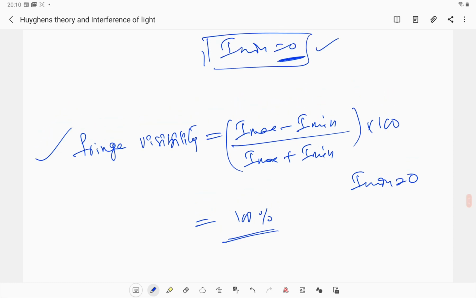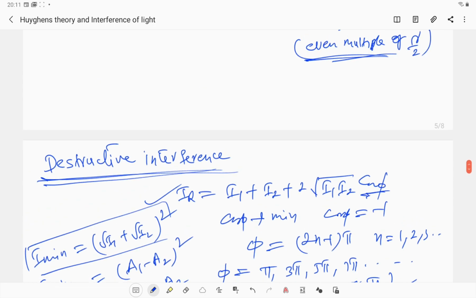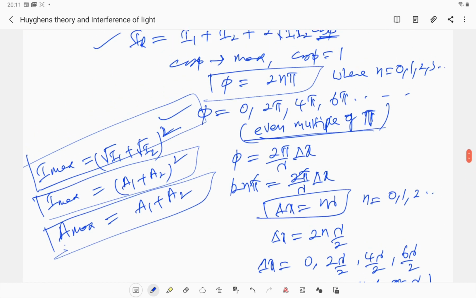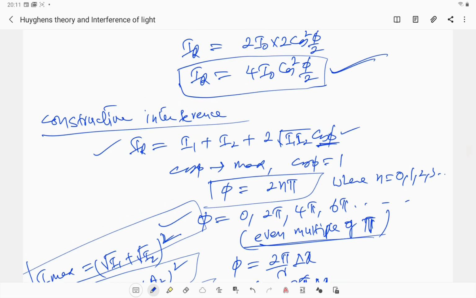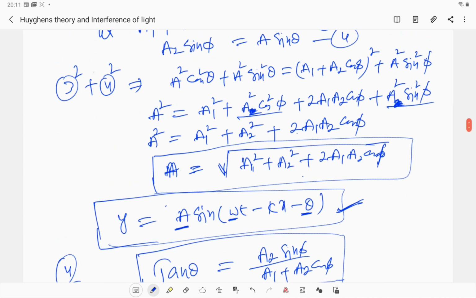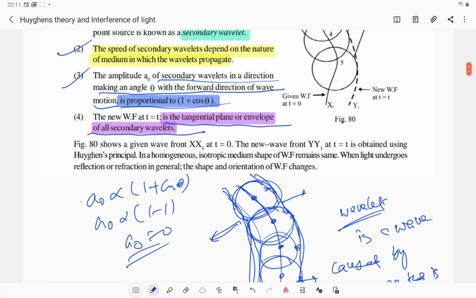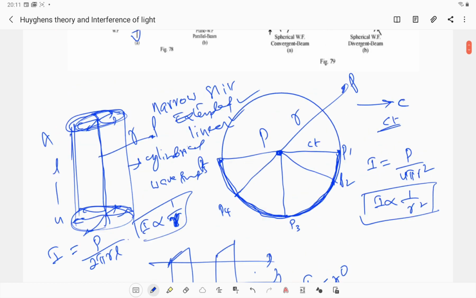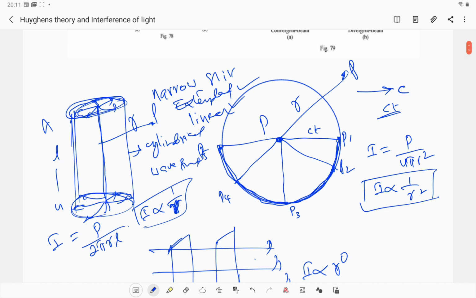See, this is about interference, constructive interference, destructive interference. For constructive interference, phase difference and path difference, maximum intensity, maximum amplitude, and for destructive interference, phase difference and path difference, minimum intensity and minimum amplitude. This is about interference. And before this one we completed Huygens theory and also wavefront. Wavefront for different sources, point source, extended source, if the object is at infinity. So it's a very important topic. Okay, thank you.